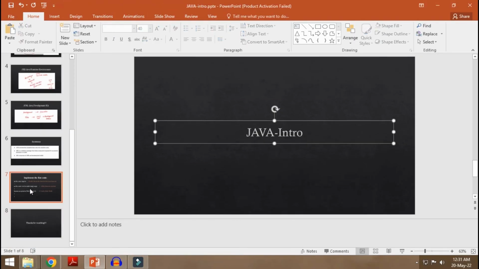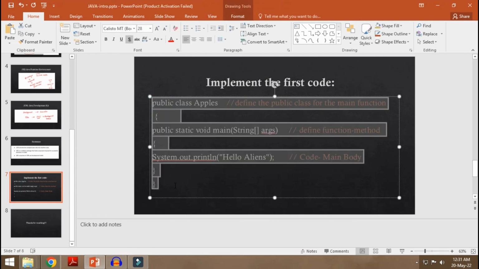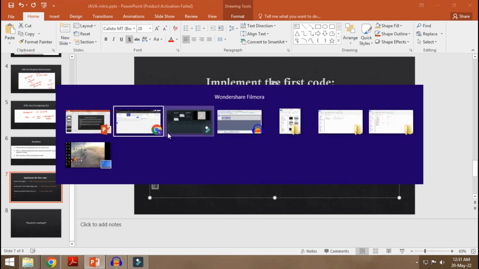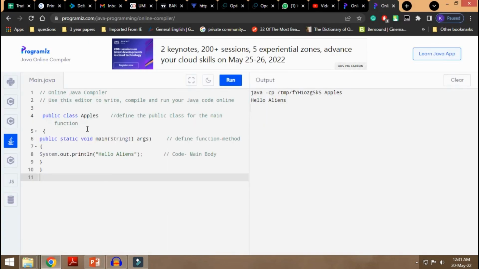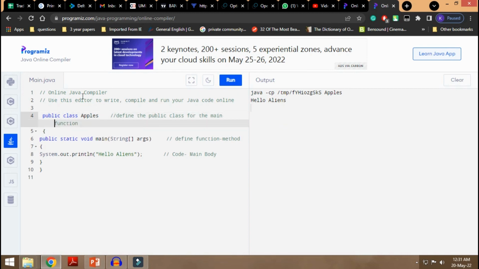The code will be in the description box so that you can copy it, and I will also give you the link to the page where you can compile and run your very first code. So this is your public class Apples, this is void main, and System.out.println Hello aliens. Let's run this code and see the output. It shows Hello aliens.